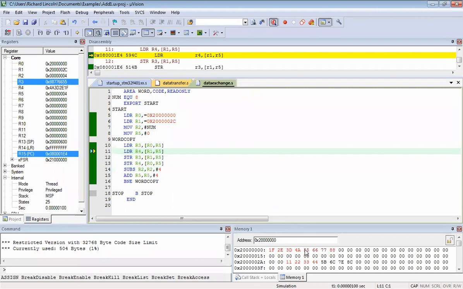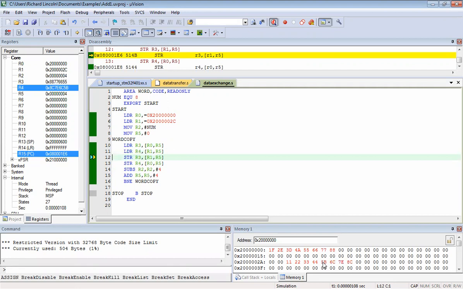So 5, 6, 7, 8 is loaded. Okay, and then 5B, 6C, 7E, 8C has happened, and then the next step is exchange. So you can see that 6, 7, 8 came here, and 5, 6, 7, 8 came down here.